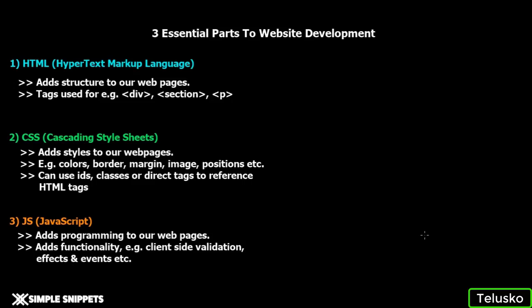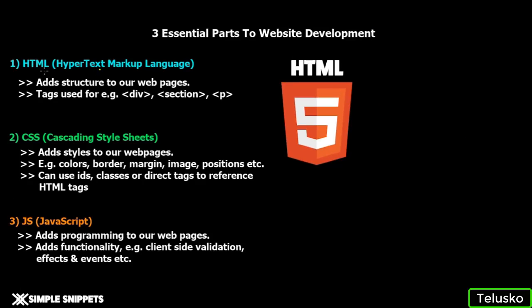When we start off with web development, that is developing a website right from scratch, there are three main aspects to a very basic website development scenario. So we have HTML, which is hypertext markup language. This HTML adds structure to our web documents. Whatever website you design, you have HTML tags which design the structure. We use tags such as division tag, section tag, heading, title, and all those HTML